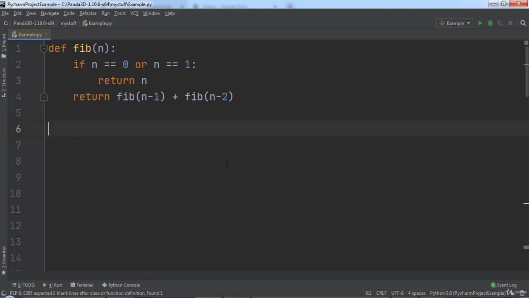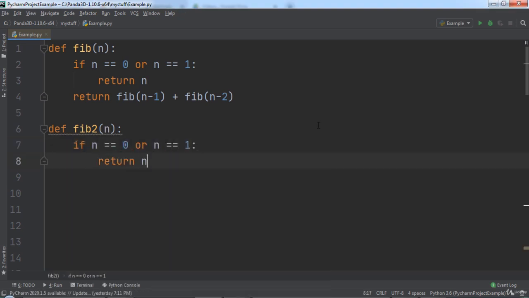Let's start out with a new method stub. The function will also return an int and take in an int n, and will be named fib2. If the n is 0 or 1, we want to return n. Then we need a few variables. We need to store the second to last number and the last number, as well as the current position we